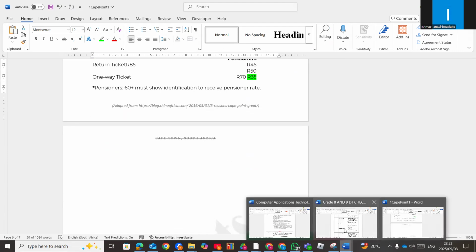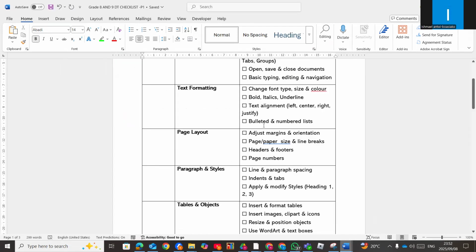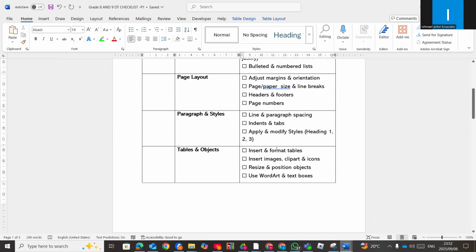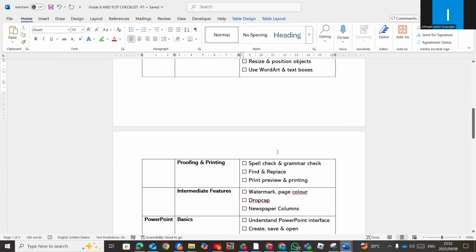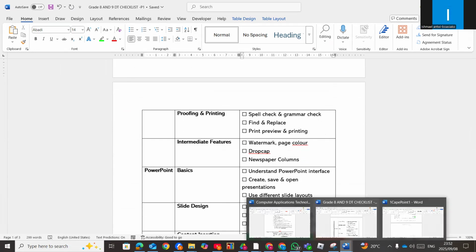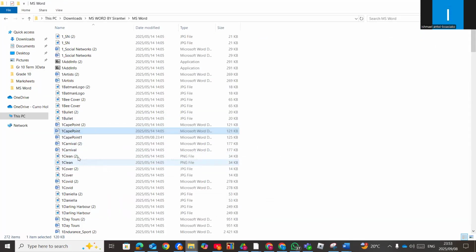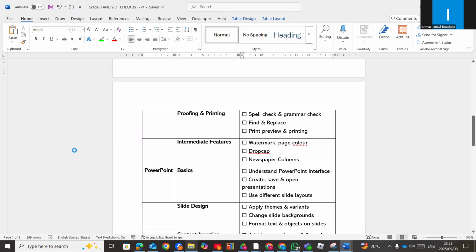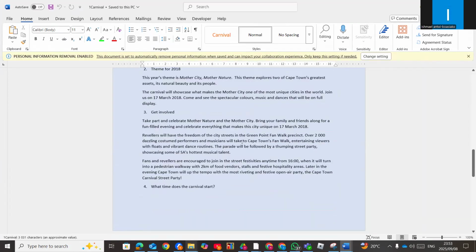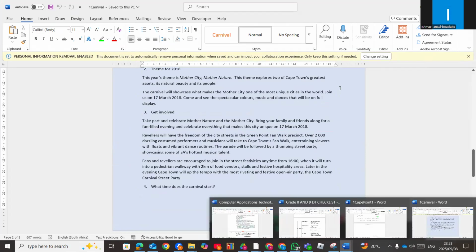Now, let's check our next topic. So we are done with bullets and numbering. Now, the page layout. The page layout, and then we'll look at the images. And then watermark and drop cap. So that one, I'm going to take another file. I'm going to take one carnival. Right. So this one, I am going to focus on